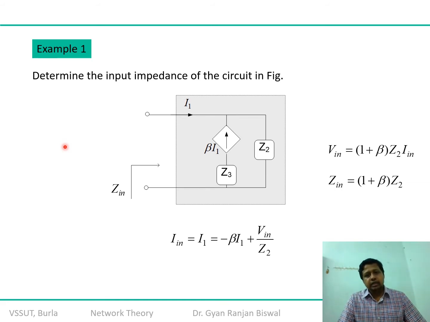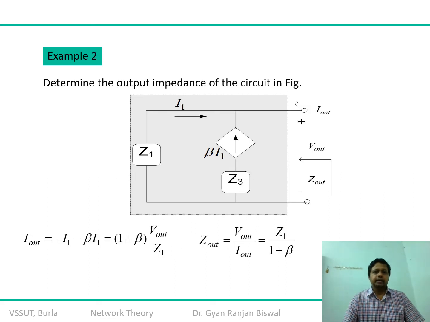Now, how much is the I input? The I input is the amount of current which is equal to I1, because there is a single terminal and you are passing through the same source. So obviously the I input and this designated current I1 will remain the same, which is equal to β times I1 plus V input by Z2. So you can use these two formulations to work out this particular ratio. That's how you can calculate your I input or Z input or V input.